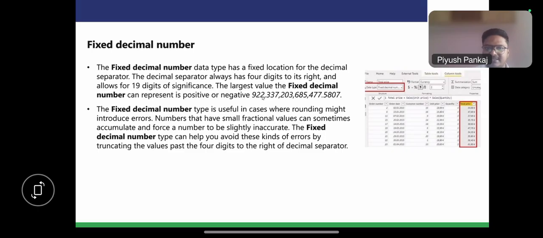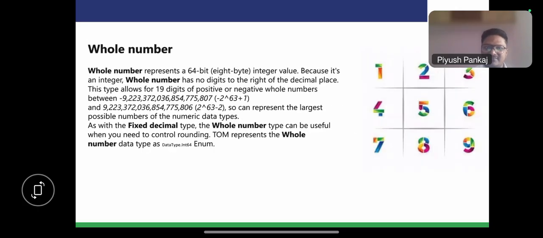So from -9 to 2, this whole number. It is also hard for me to read. No one is going to ask this in an interview, but we should have a rough idea. Fine. So fixed decimal numbers we have. Then we have whole number. Whole number is quite easy to understand, where we are not having any